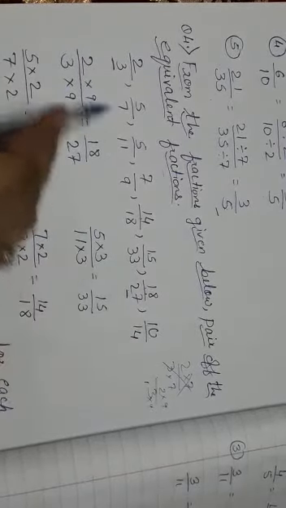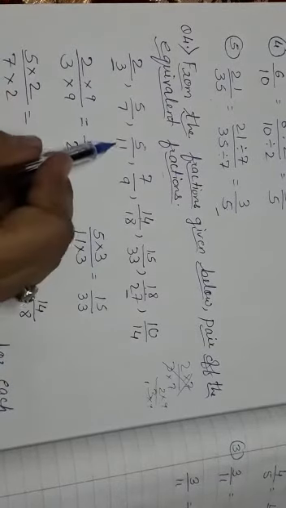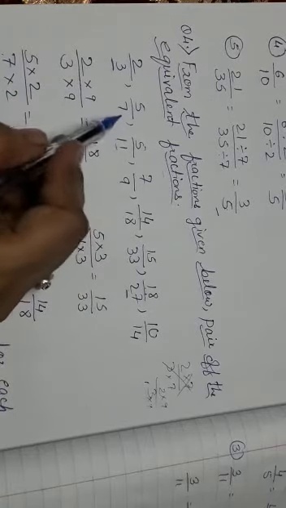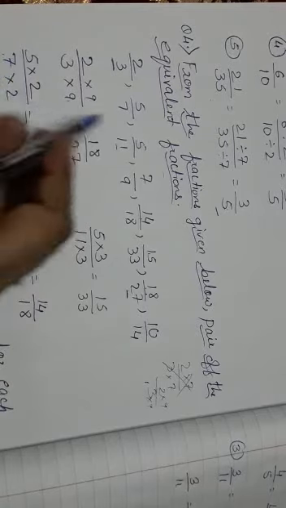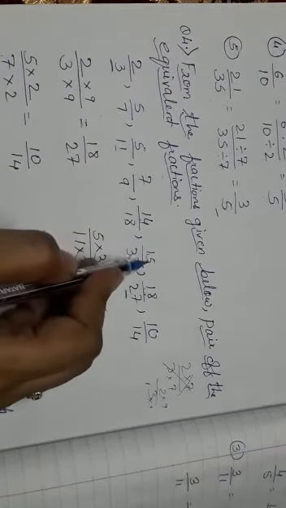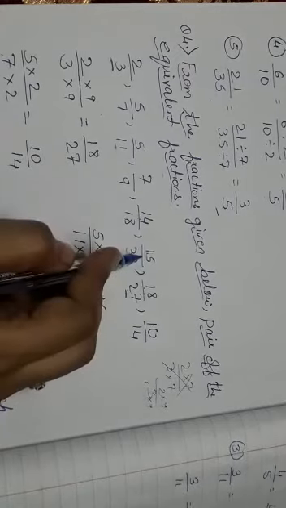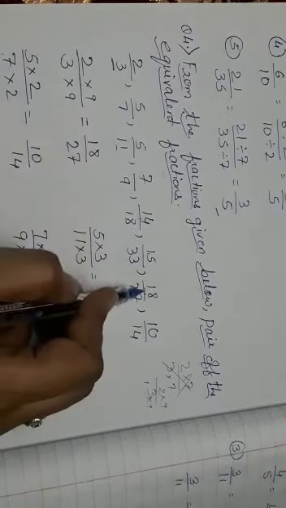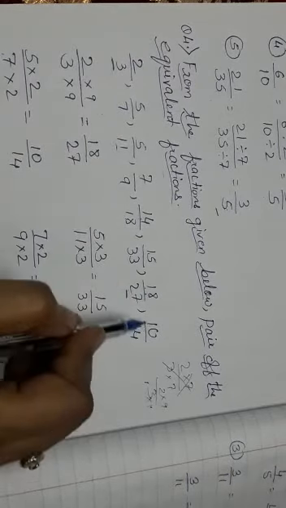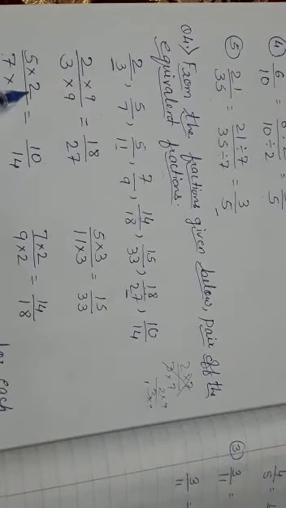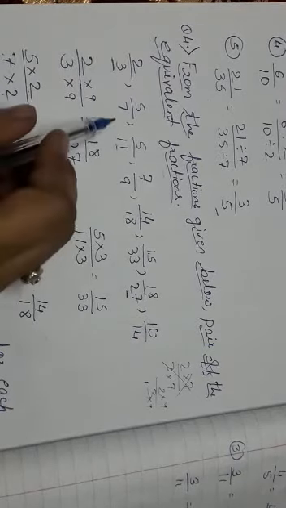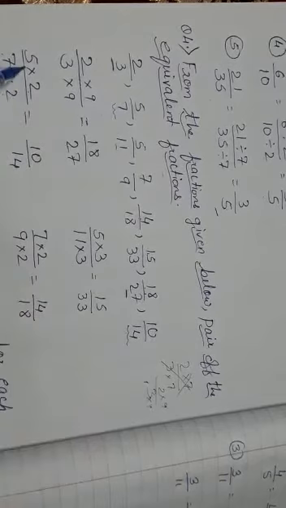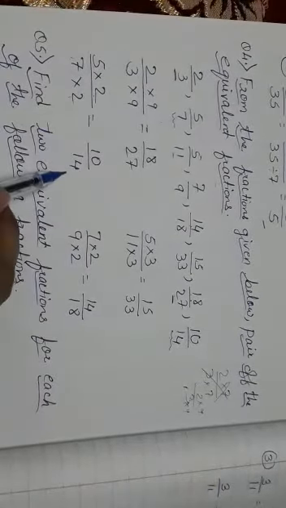And see the next one, I have taken 5 upon 11. You can take this, so suppose I am taking this one, 5 upon 7. Now you have to see in the 5 table which number comes. Yes, 15 comes. How much is it? 5 3s are 15, but 7 3s are 21, 33 doesn't come, so this is not a match. In the 5 table 18 doesn't come. In the 5 table 2 comes. Yes, 5 2s are 10. So here I have written 5 2s are, the same rule applies to the 7 here. So 7 2s are 14. Yes, it is matching with this one. So I have written here 5 2s are 10 and 7 2s are 14.